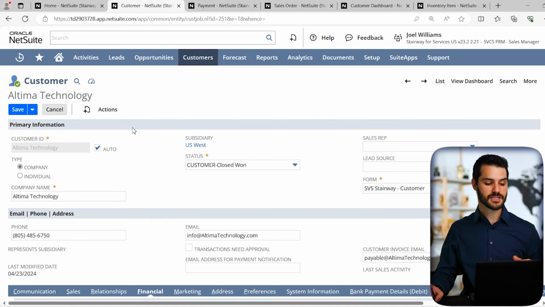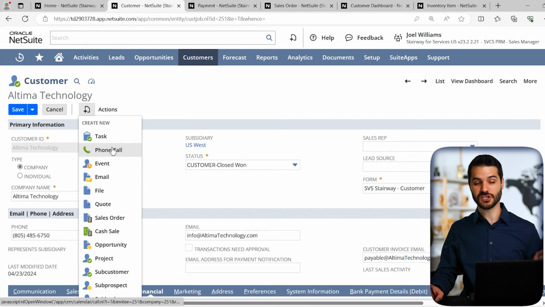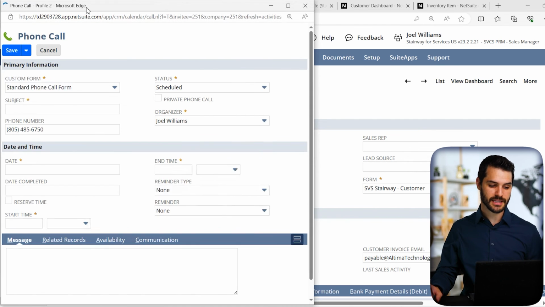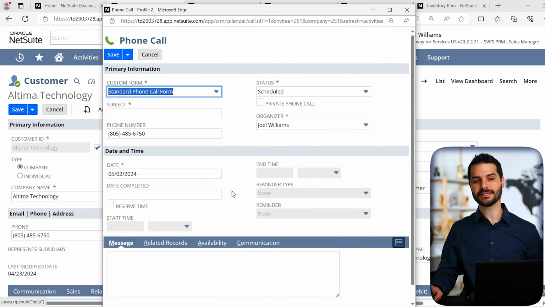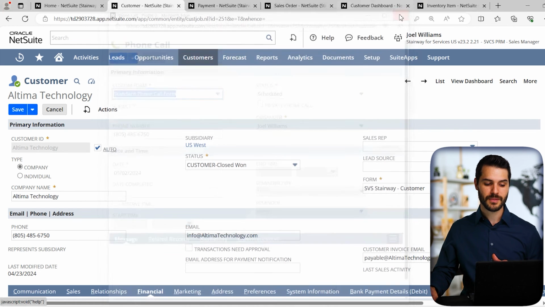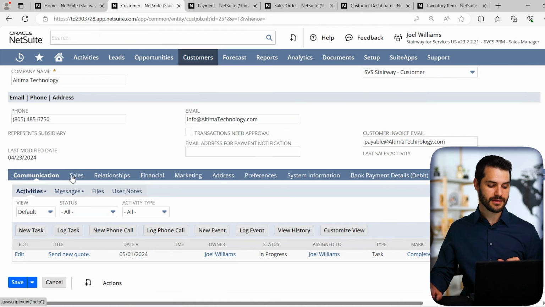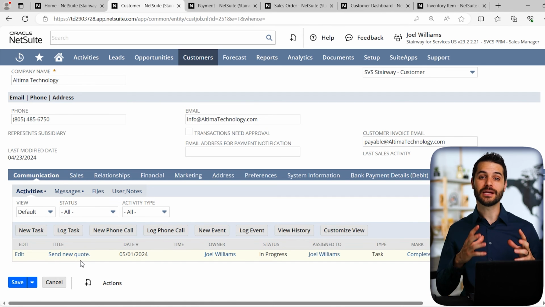Similar to how I showed you, you can take a lead record and generate an opportunity off of that. You can come to this customer record and you could go to create new, and let's say you want to generate a new phone call. You could simply click this and put in the basic information in terms of what call you need to generate, at what time, who needs to be involved, what's their phone number. All of this information you can store in this additional record. And once you save that, you would be able to find it down here in the communication. So just like I have a quote saved here, that phone call would line up,